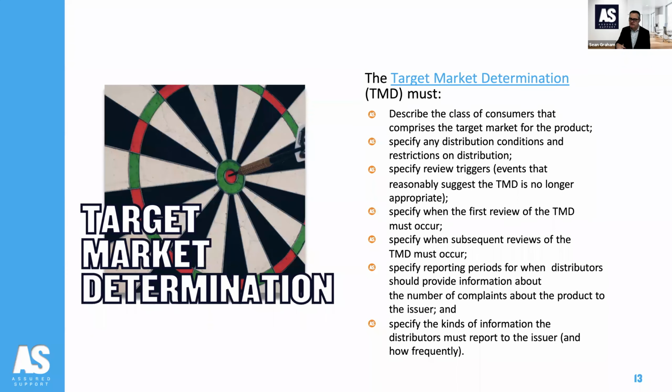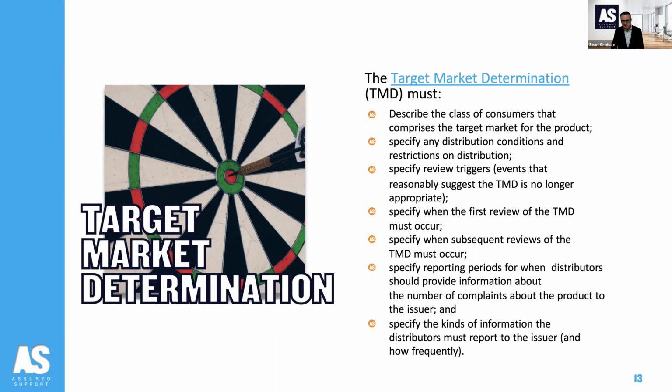And this is why, when you look at the TMD, there are key elements that need to be covered off. Well, what type of clients is this good for? What type of people should be investing in this product, and what type of clients shouldn't be? If there are conditions or restrictions on distribution, how does it all fit together, and how do we deal with those